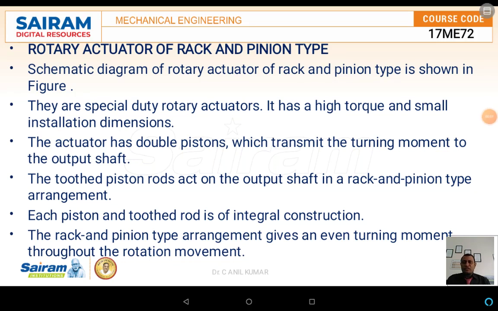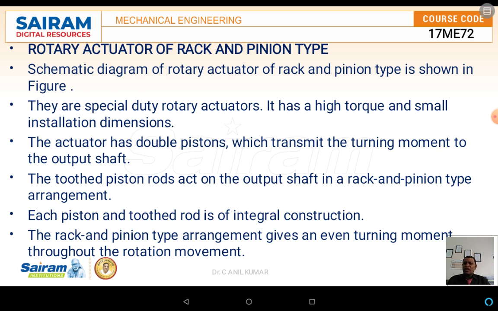Hello everyone. In this session, we will discuss the rotary actuators of the rack and pinion type. In the previous sessions, we discussed the rotary actuators of the vane type, and also the reciprocating type. Now what we are discussing is a special type, which is of the rack and